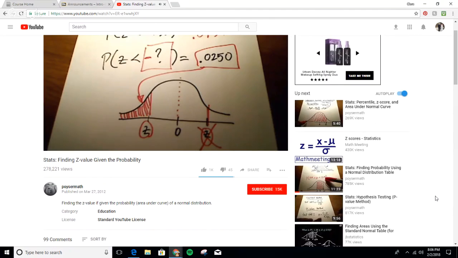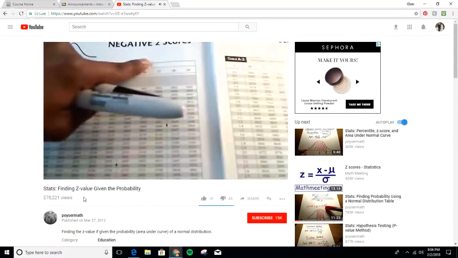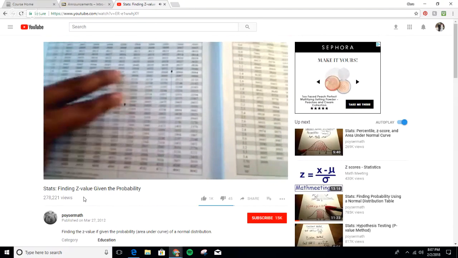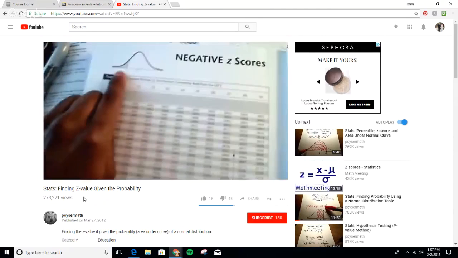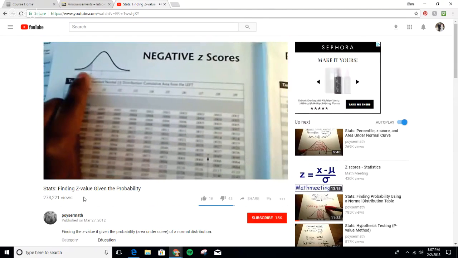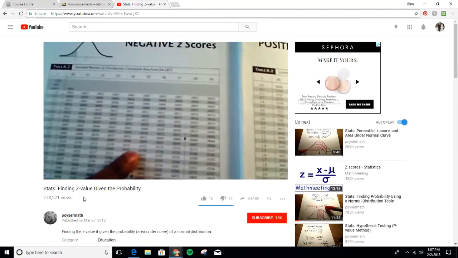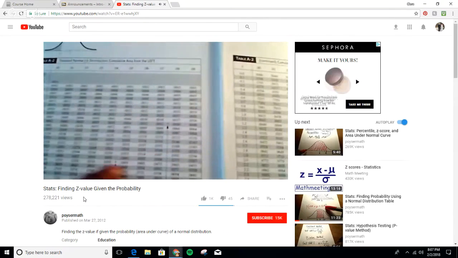Okay, so what I'm going to do is I'm simply going to look on this table, and I keep referring to this table over here because that's what we keep using in our book. I'm going to look over here for a negative z-score. But this time, I'm looking in the probability area. This is area under the curve shaded to the left. See that? Shaded to the left. So I'm trying to find a number in this area here that corresponds to